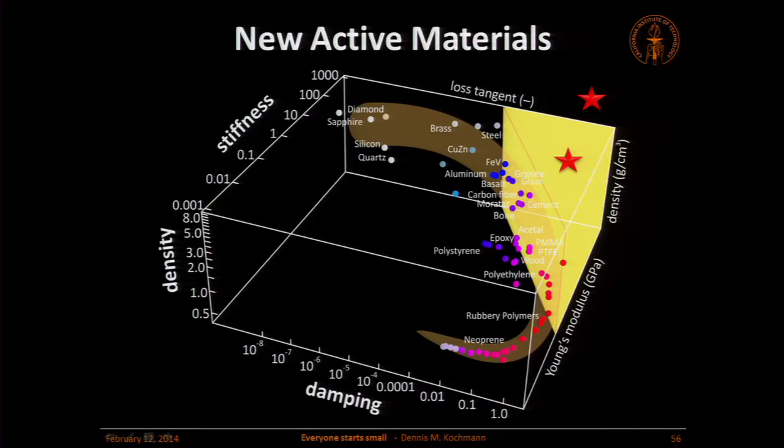And so if we look at this map again, what we find is that the material I showed you with temperature and electric field control lies somewhere back here. The first one I showed you on temperature control actually even lies outside this range. It's extremely stiff and has high damping at the same time. When you use electric field control, we're ending up somewhere over here where the stiffness remains pretty much the same, namely that of a ceramic of barium titanate, but the damping goes up quite a lot. So we can actually go into this yellow corner. There's no problem. You just need to have a sophisticated way to do this.